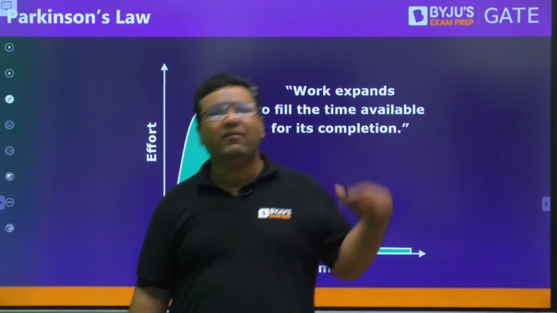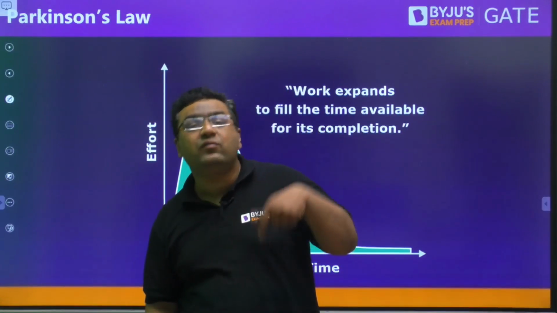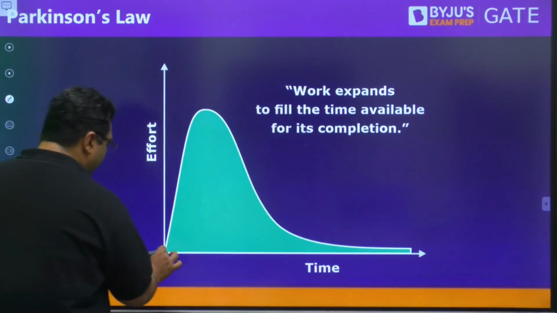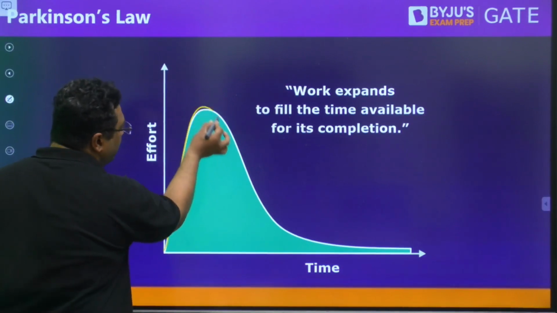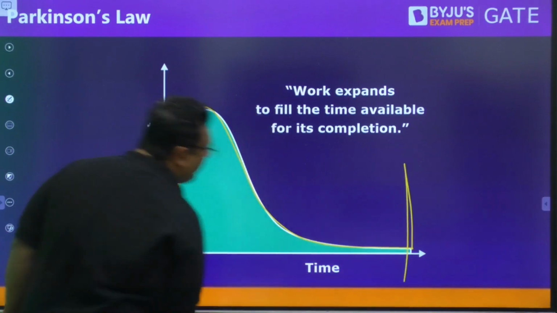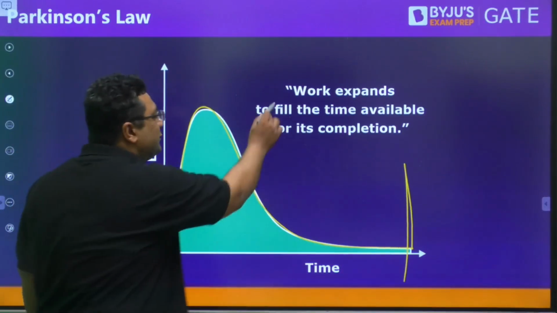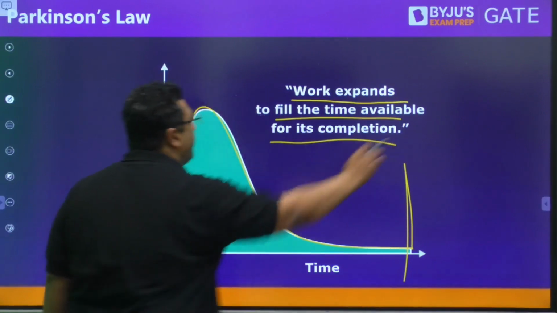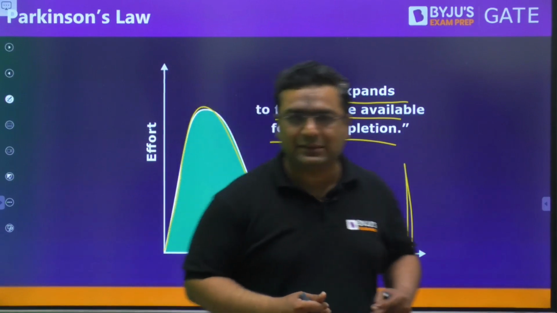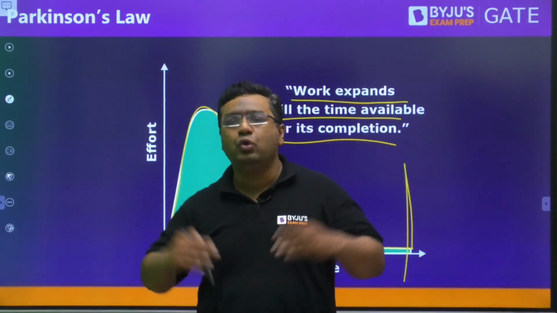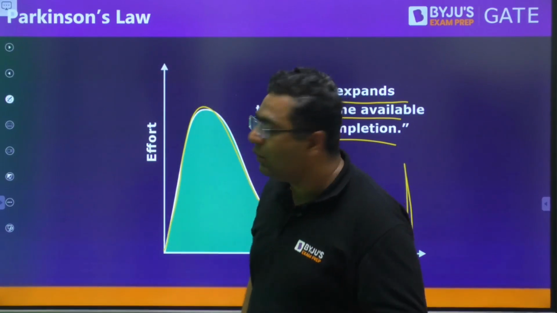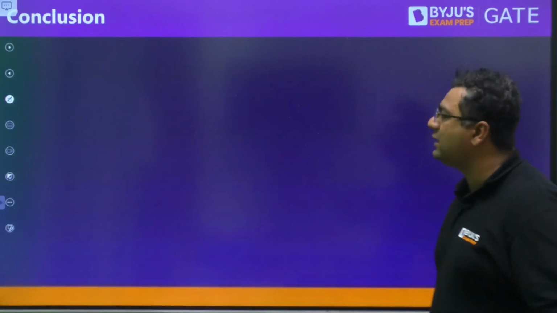And if you have more time, try to go with more revisions then. You can see, actually, we were going like that. Then we get to know that time is more, and we start giving less effort because we have extra time. So work expands to fill the time available for its completion. So always try to make practical goals, and do not give too long times. And if you have more time, go for more revisions then. So that is something about Parkinson's rule.